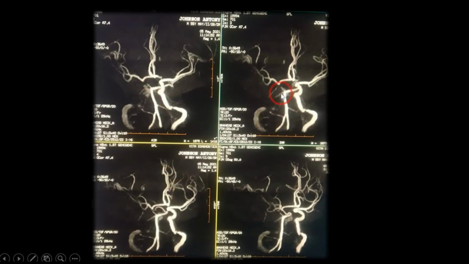But coming distally, you can see the superior cerebellar artery here, small superior cerebellar artery here. The left posterior cerebral artery is seen well. So this is the left posterior cerebral artery. The right P1 is seen, a little bit very small compared to the left posterior cerebral artery. The right P1, the initial part of the posterior cerebral artery, is seen but very small. But you can see that there is a distinct cutoff beyond that. So this right PCA is occluded. So that is corresponding to the occlusion.